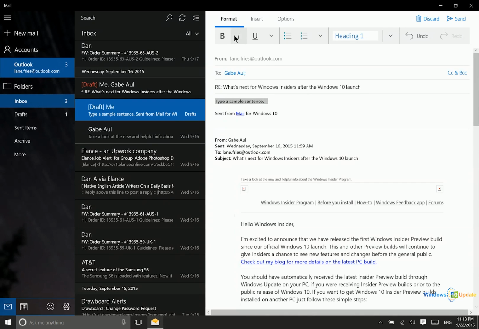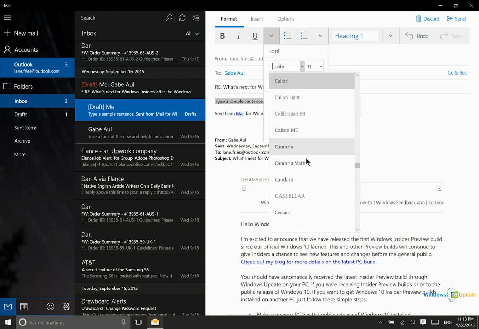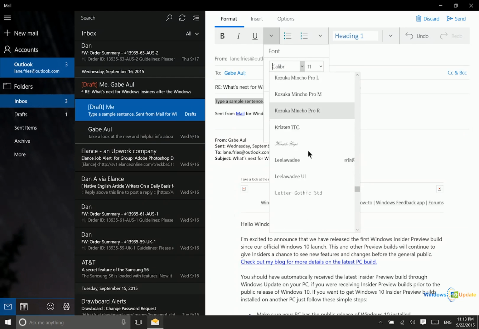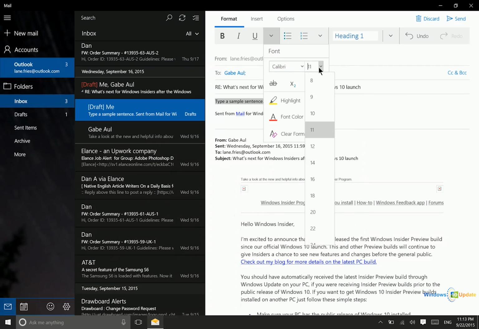So you can obviously bold, italicize, or underline any piece of text. In addition, you can change the font, and these are all of the different Windows fonts that are available here. So you have a huge selection of different fonts to use. And then you have the option of changing the size of that text. You can highlight the text, change the font color, and then there's a one-click button here to go ahead and